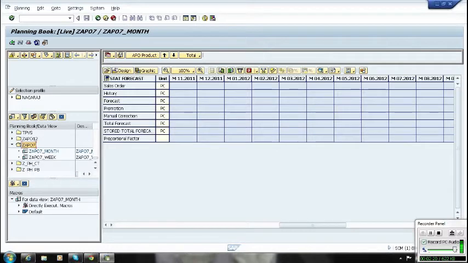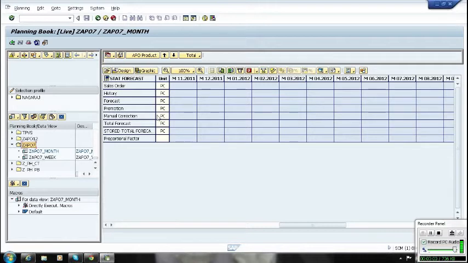That is one situation. Another situation: initially, the demand comes from the sales team, and then the marketing team reviews the demand and adds to it. Then finally, the demand manager takes it, reviews it and does the final forecast. If they want that hierarchy, we can create planning books like that also: a sales view, one planning book; for marketing, one planning book; final demand, one planning book; for consensus, one planning book; and for statistical, one planning book. Like that also we can create a planning book.